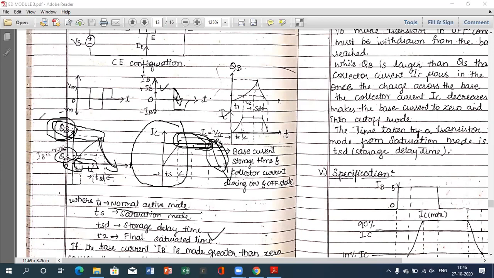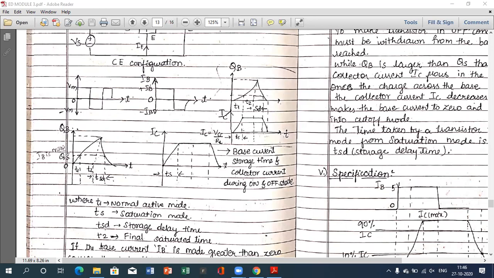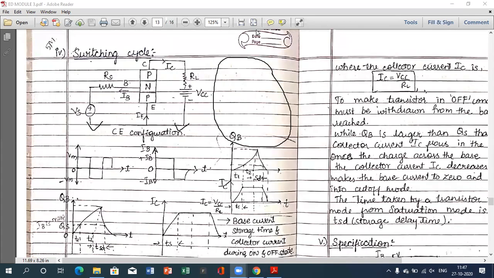So this is how the transistor switching cycle works. The same thing is also shown here. It is just repeated with respect to charge and with respect to collector current. Both are the same here. So this and this are equal to this. This is what we have shown directly here, drawn differently. That's it. So this is how the PNP transistor works in both the saturation and cutoff regions. I hope it is clear for everyone.